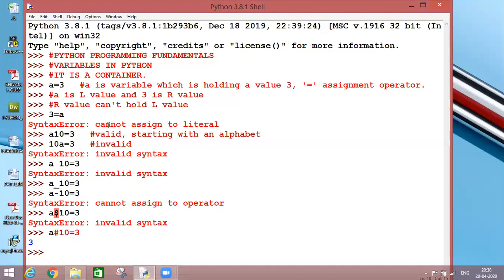I want to take it as a part of my program. But whatever I'm writing along with my hash symbol is not necessary to be executed by the interpreter. This is extra information which I'm including in my program. So basically hash is used for writing comments in Python.